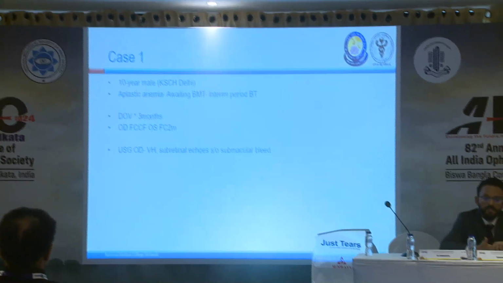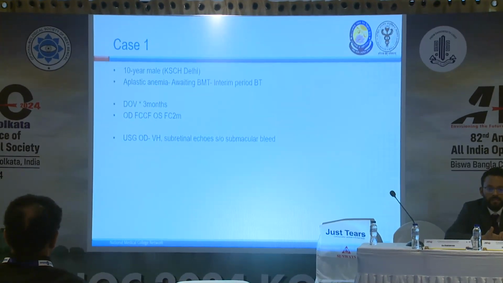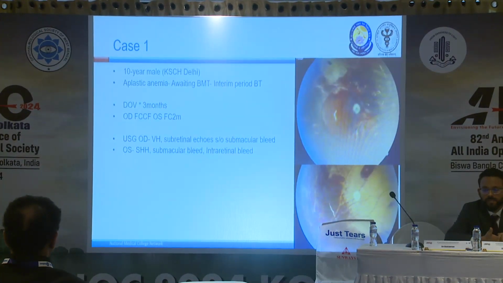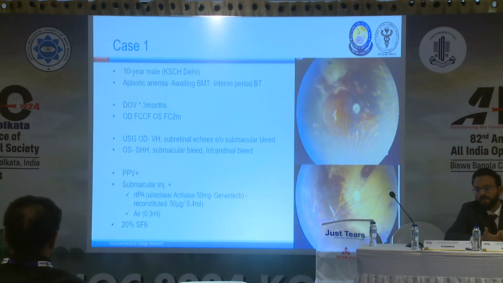Ultrasound in the right eye revealed vitreous hemorrhage along with submacular echoes suggestive of submacular bleed. And in the left eye, we had subhyaloid hemorrhage, submacular bleed, and intraretinal bleed. The photos are of the left eye. So after optimization of the hematological derangement, the patient was taken for pars plana vitrectomy in the right eye. The patient underwent PPV along with submacular injection of a cocktail of rtPA and air, followed by 20%